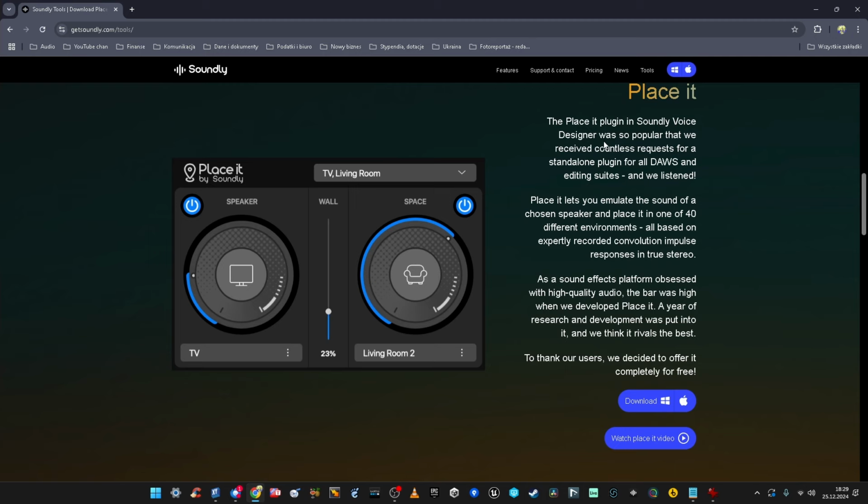Yes, there is a freebie on our list and it comes from Soundly. And this one is marvelous, it's an amazing tool. It's a very quick filter and convolution reverb that lets you feel any acoustic space desired. It can emulate the speaker, it can emulate some walls, it can emulate living rooms and other spaces, and it does it in a very probable, very convincing, natural way.